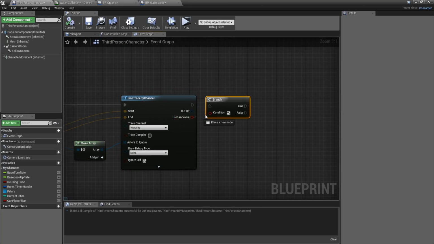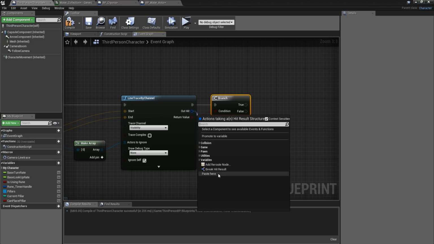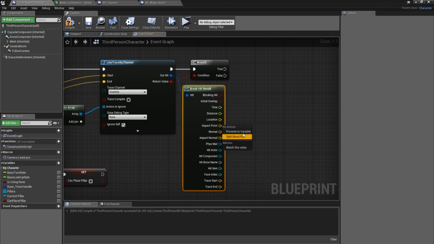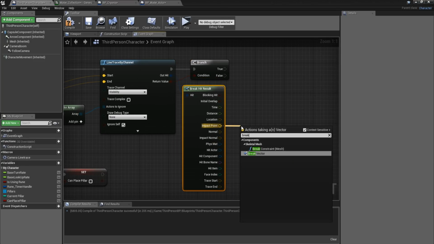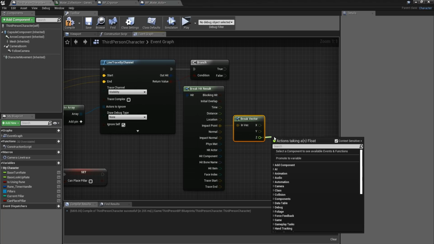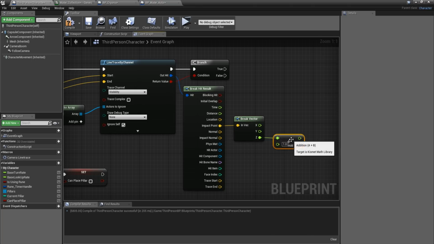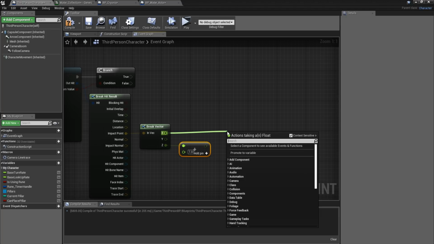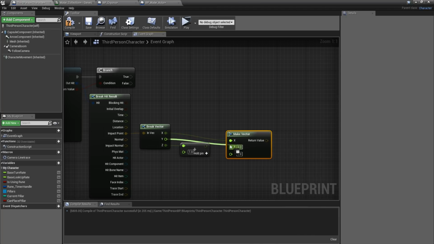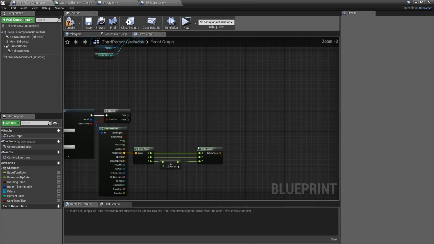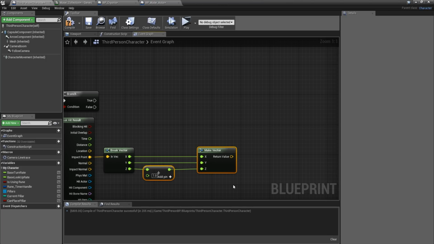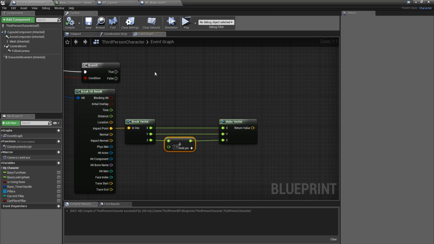Okay, do another branch, and let's break the hit result. Let's break the impact point and then add to the z-axis 1. Then let's make vector and then plug this node in a z. And now let me explain why we are going to do this. So this make vector is going to be the location where the Cryonis is going to be, and we are going to add 1 on the z